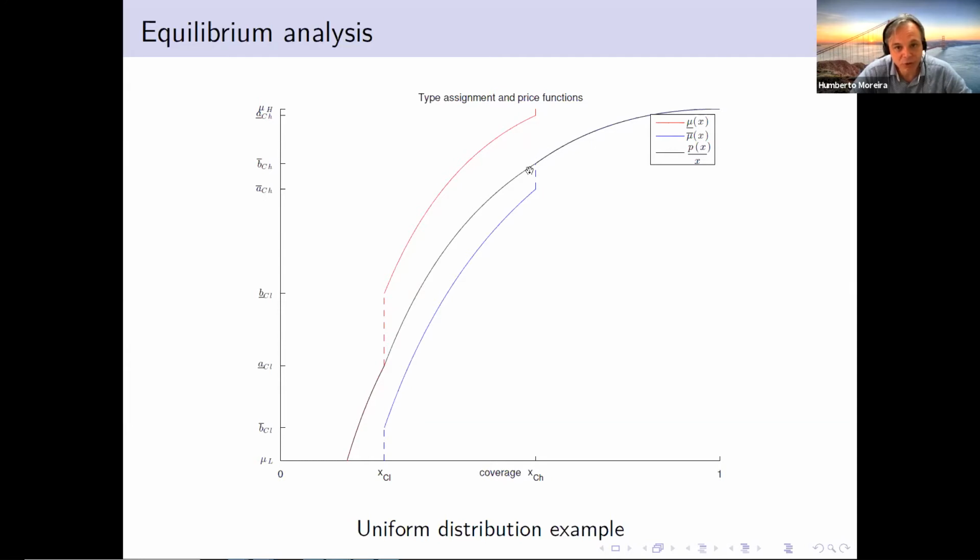You see there is a transition between these two regions, the separating and the discrete pooling region, which is going to be complemented by a continuous pooling. You see here these small intervals of low and high risk averse types. These are exactly the continuously pooling types in the transition. That's the way to make the price function a continuous function, which is a necessary condition to be an equilibrium in the first place. So these are the transitions. So we're going to have this kind of five-region situation: separation, continuous pooling here, discrete pooling here, continuous pooling again, and then separation again.